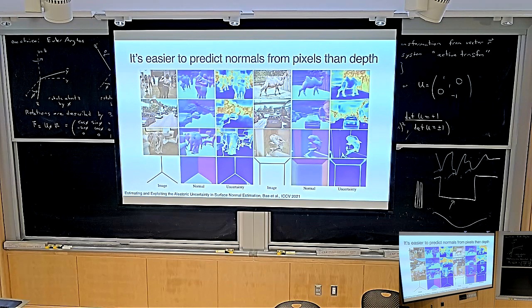Clearly, if the surface normal is the derivative of the depth, then the depth is the integral of the surface normal, so you would have to integrate the surface normals, and that would give you the relative distance depth. So they're not the same thing, but it turns out that computing the surface normal is much easier than predicting the depth. And why would that be the case? It's just something to keep in mind, and we're going to come across it again later in this course.